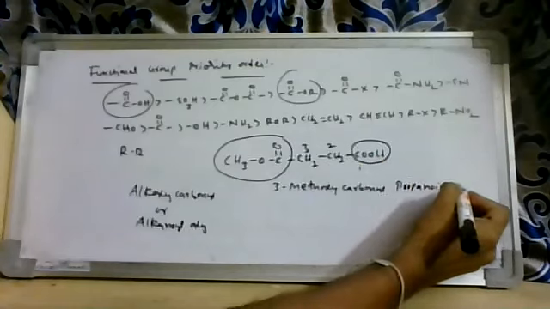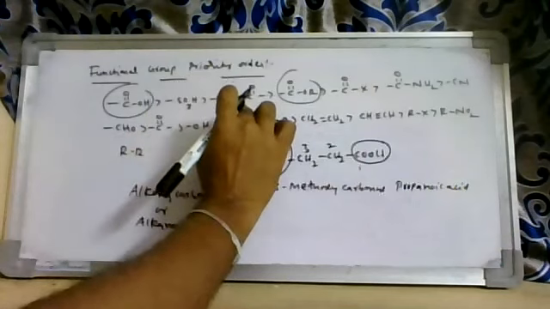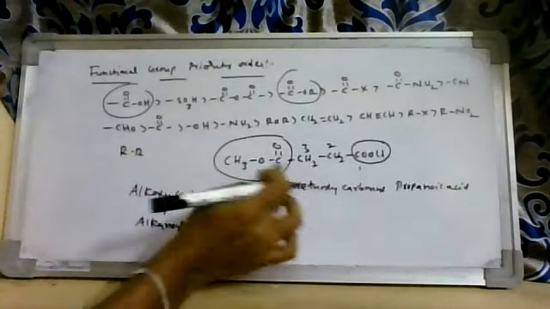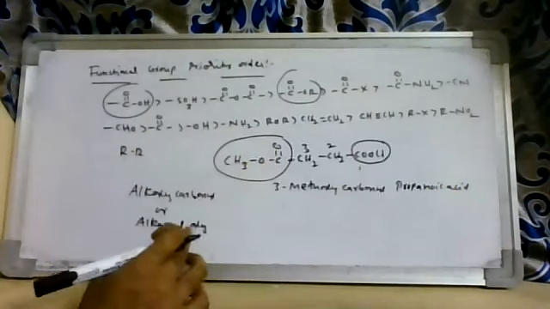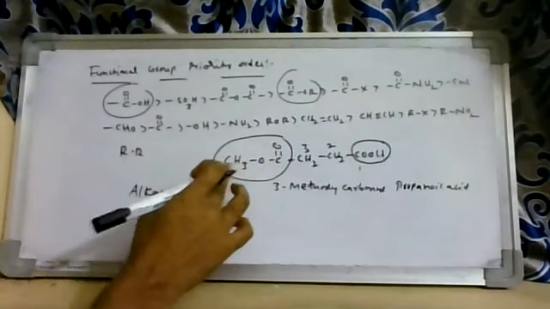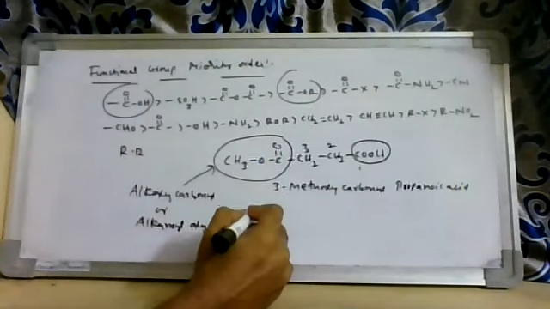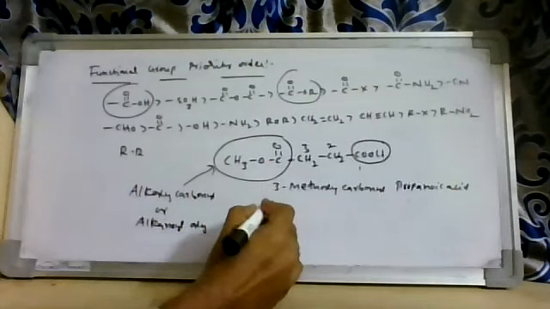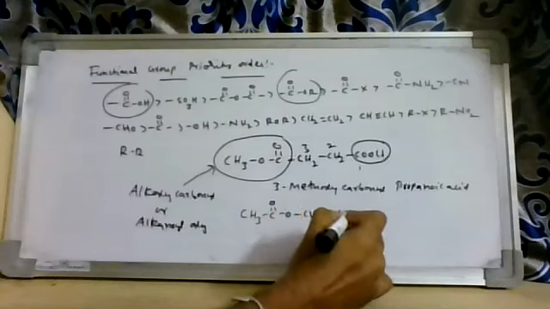So when ester is substituent, if main functional groups like COOH, sulfonic acid, or C double bond O groups are present, then ester is treated as substituent. When ester is substituent, we call it alkoxycarbonyl or alkanoyloxy. In this case, we call it alkoxycarbonyl. When it is called alkanoyloxy, here, same example I take CH3 C double bond O CH2 CH2 COOH.